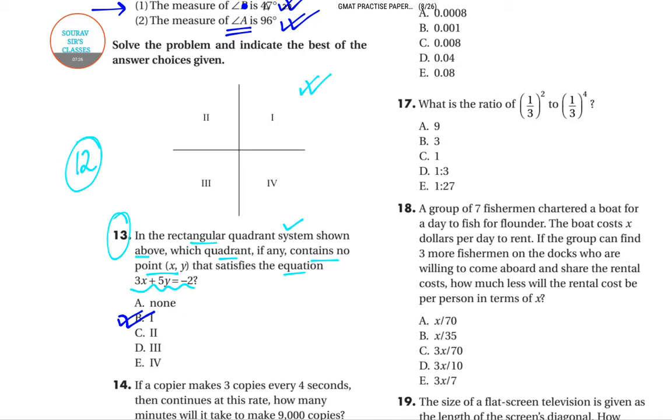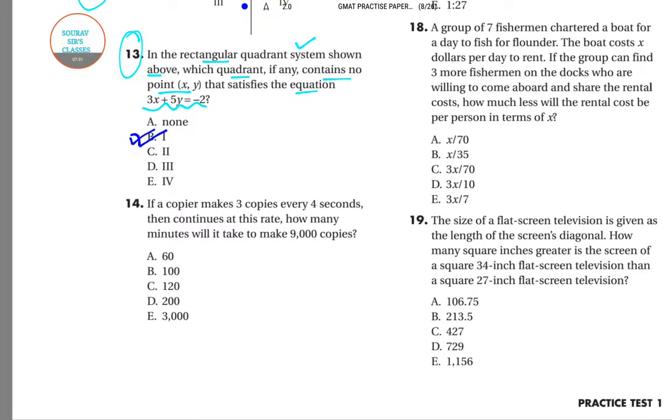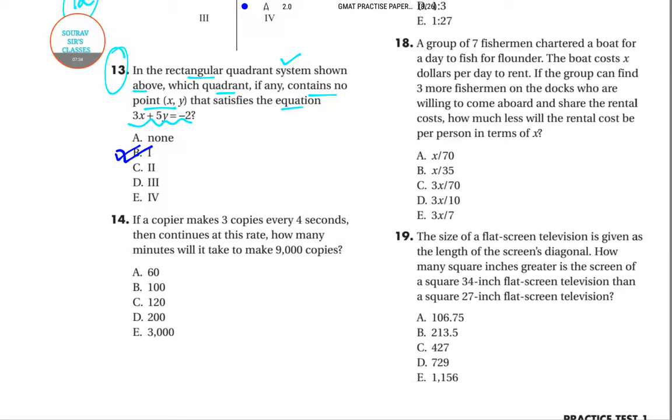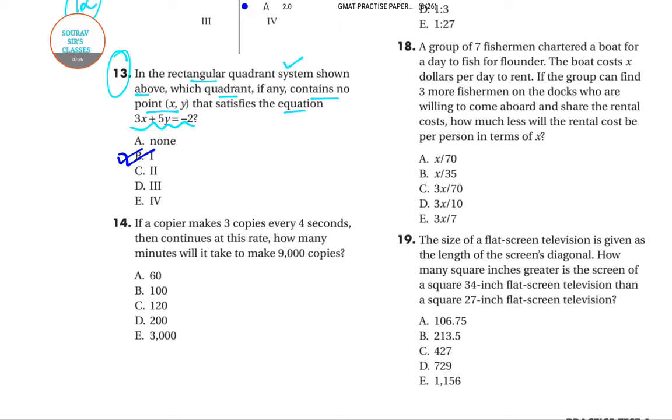Now let us move on to question number 14. Question number 14 says that if a copier makes 3 copies every 4 seconds and then continues at this rate, so the speed is mentioned, how many minutes will it take to make 9,000 copies? Let us do this. At 3 copies every 4 seconds,